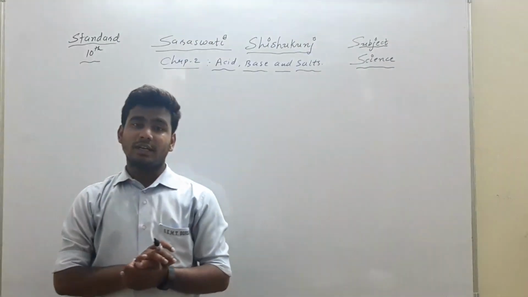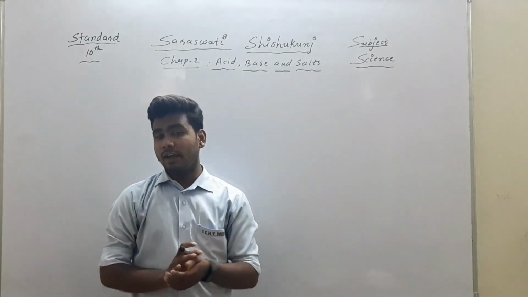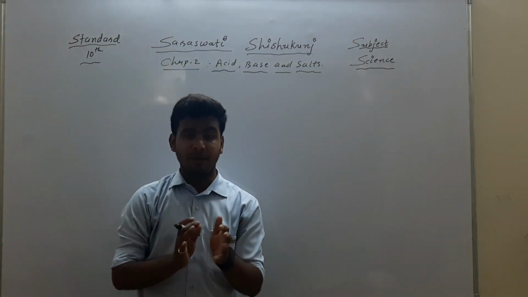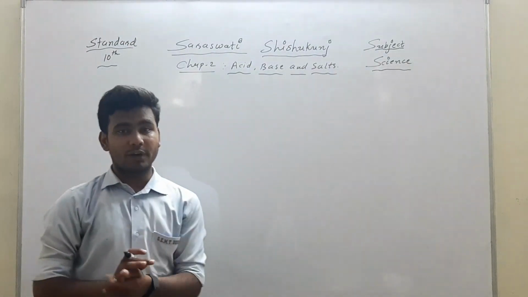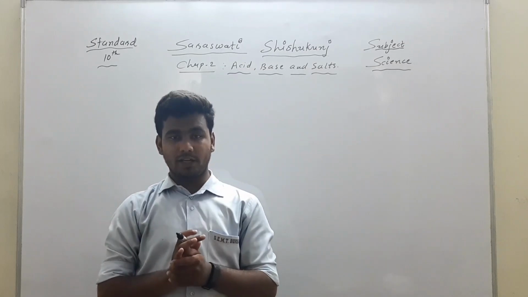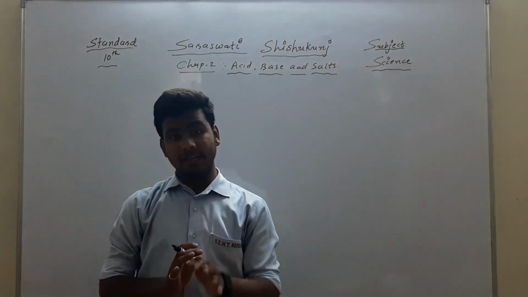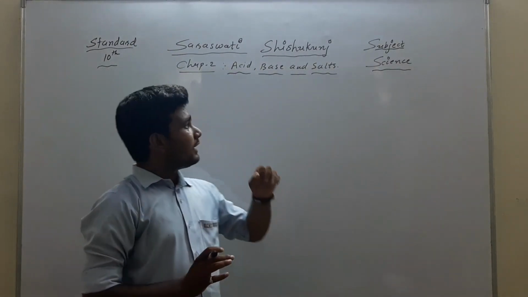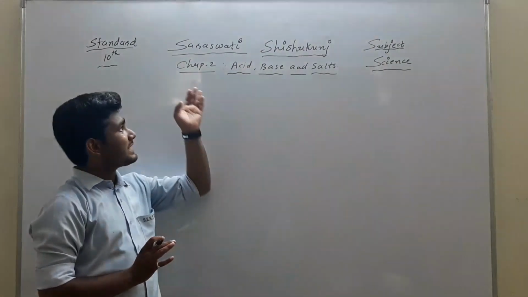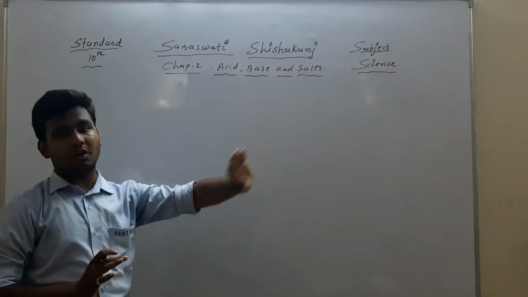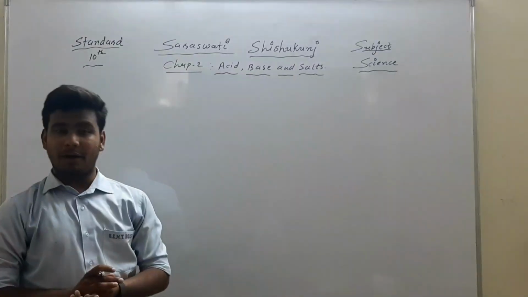We have discussed different types of indicator, and also an experiment in which an acid reacts with metal carbonate and metal hydrogen carbonate, or we can also call it metal bicarbonate. In today's fourth revision session of chapter 2, acid, base and salt, we are going to discuss the